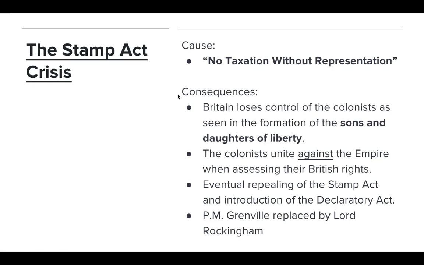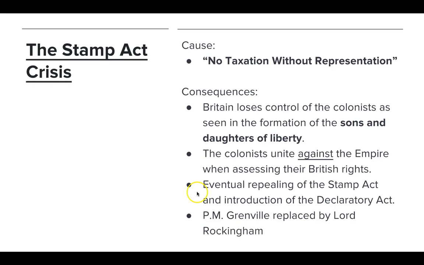But what we eventually see is the Stamp Act being repealed, being stopped by the king, and we get the introduction of what's called the Declaratory Act. Also, Prime Minister Grenville gets replaced by Lord Rockingham, and these two dot points down the bottom we're going to look at closer next lesson. But for right now, the short-term consequences of the Stamp Act is Britain losing control of the colonists,